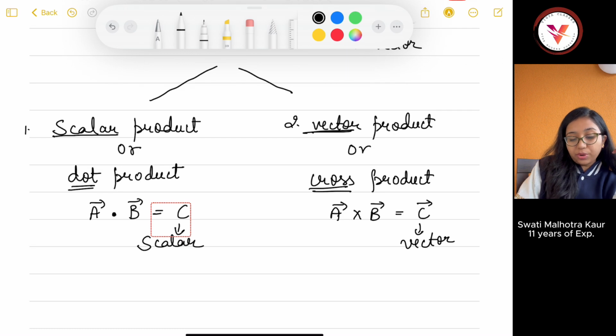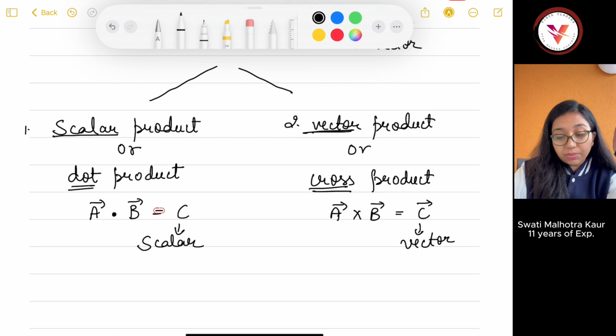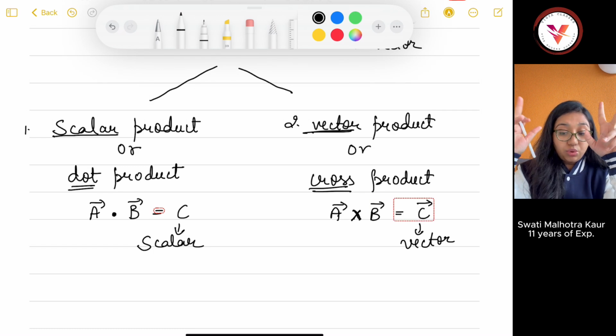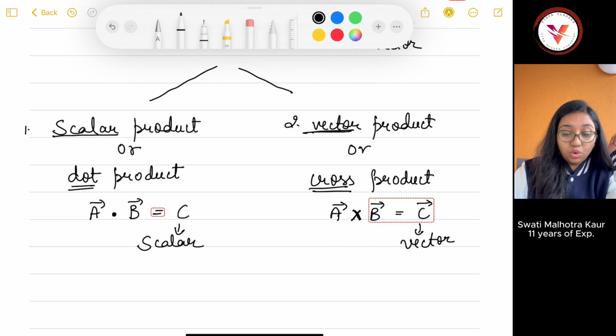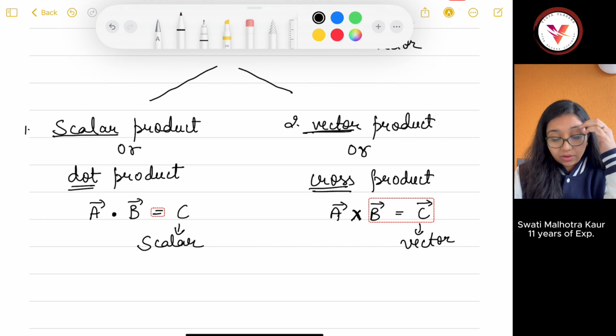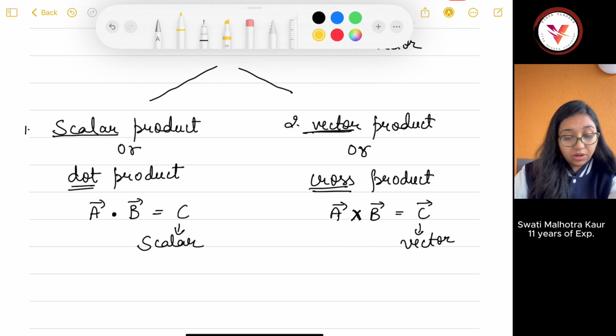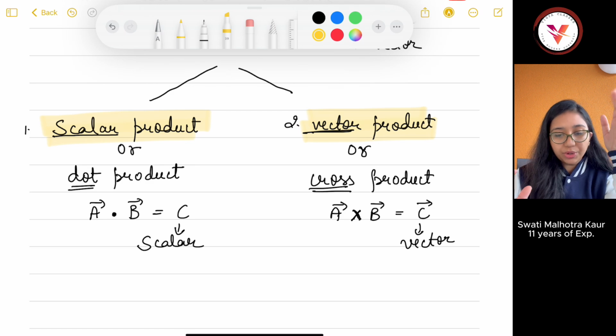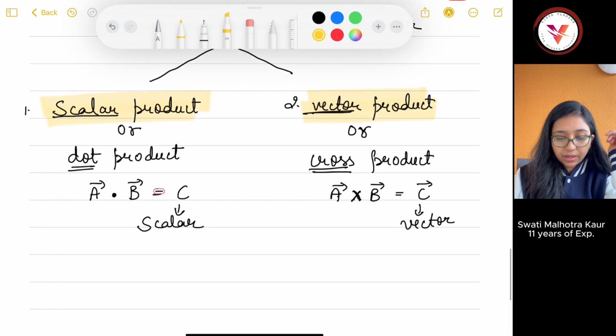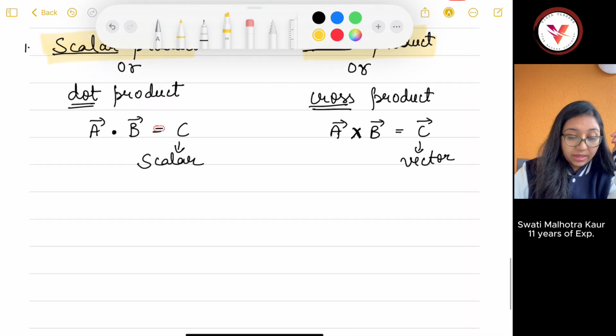It is also called a dot product because the notation is dot, and it is called a cross product because the notation is cross. So there are two different types of product based on two different types of result. Okay, so in this lecture we are going to learn about the scalar product, and in this week we are going to cover the scalar and vector product completely. Okay, so let's understand